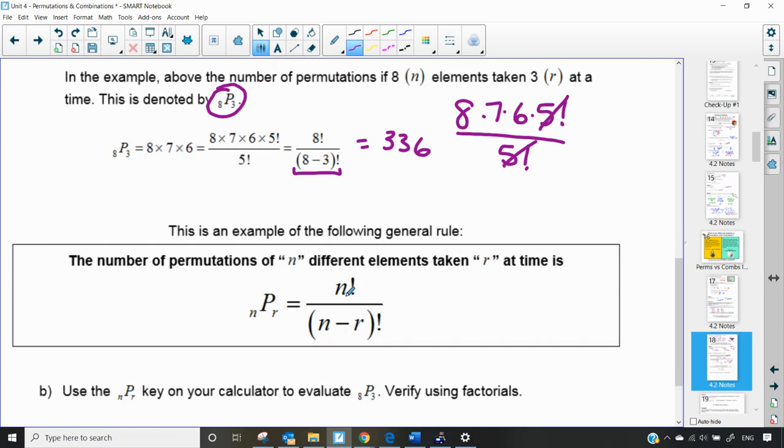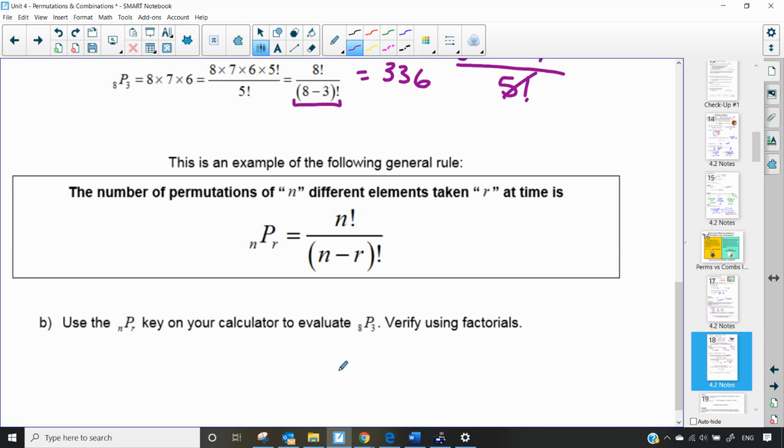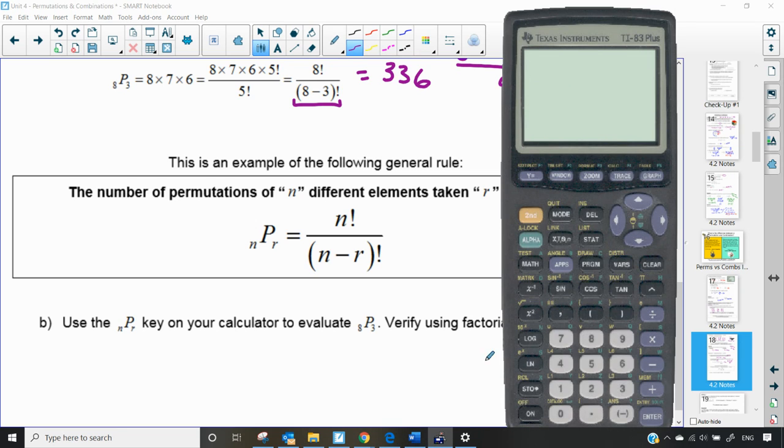The formula for permutations is on your formula sheet, and it's nPr equals n factorial over n minus r factorial. So the example above is just showing you how we get that formula. Really, it just matters that you're able to use this formula. Now we can do permutation notation using our calculator, and so we're going to do that right here. If you open up your calculator,